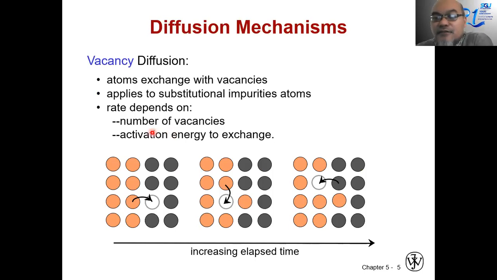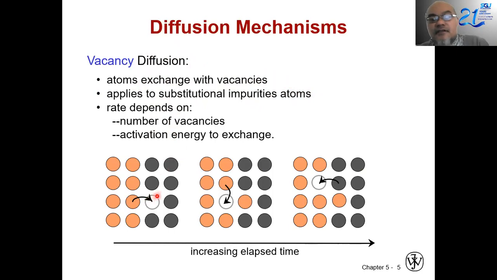So how does diffusion occur? The mechanism, as mentioned earlier, is called vacancy diffusion. Atoms exchange with vacancies, and this applies to substitutional impurity atoms, where the impurity atom has a similar size to the host atom. The rate of diffusion will depend on the number of vacancies, as well as the activation energy